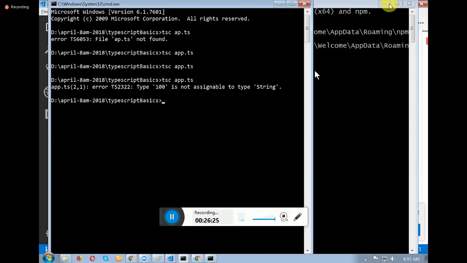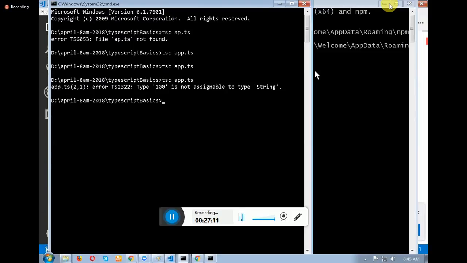TypeScript allows you to write more object-oriented programming.